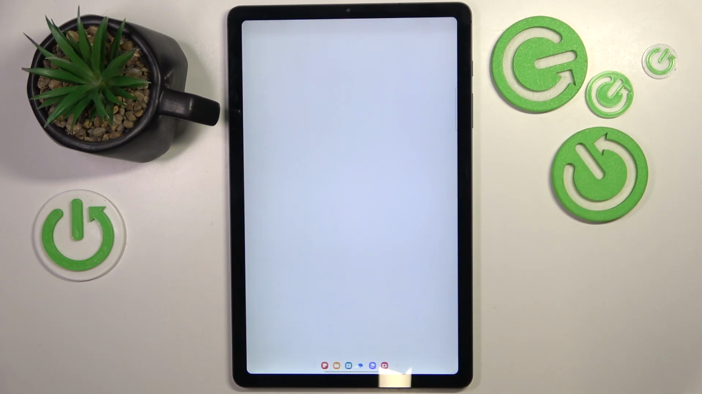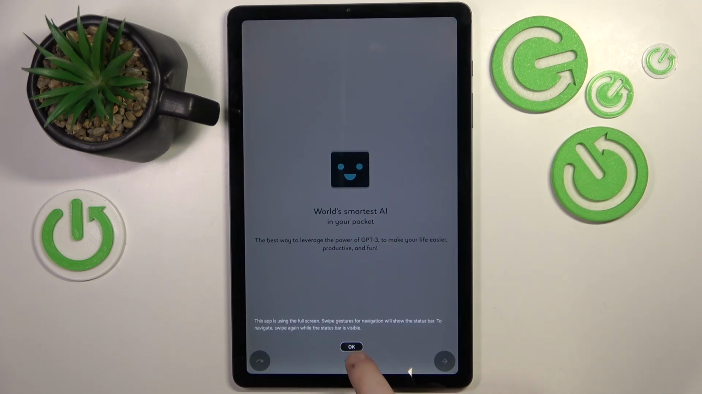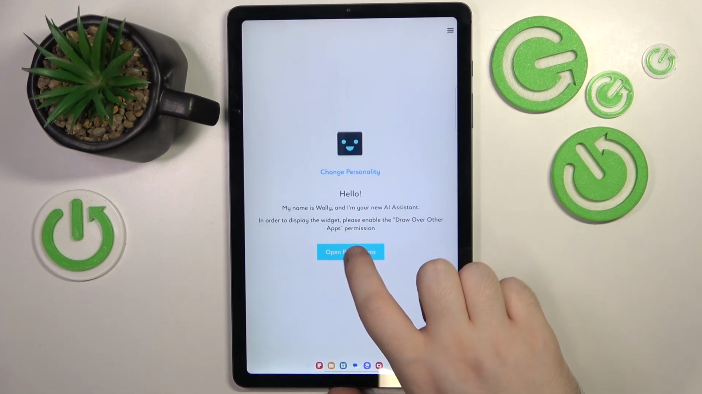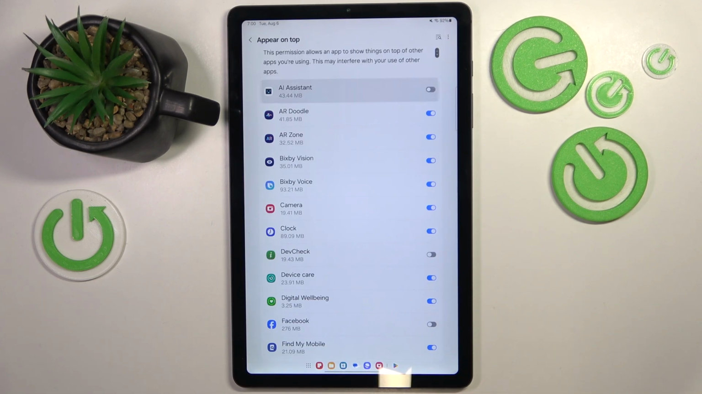Now you can click open. And here you can click on OK and then click this button to skip introduction. Now click not now and then click open permissions. And click here on AI assistant to allow this app to appear on top, and then you can go back